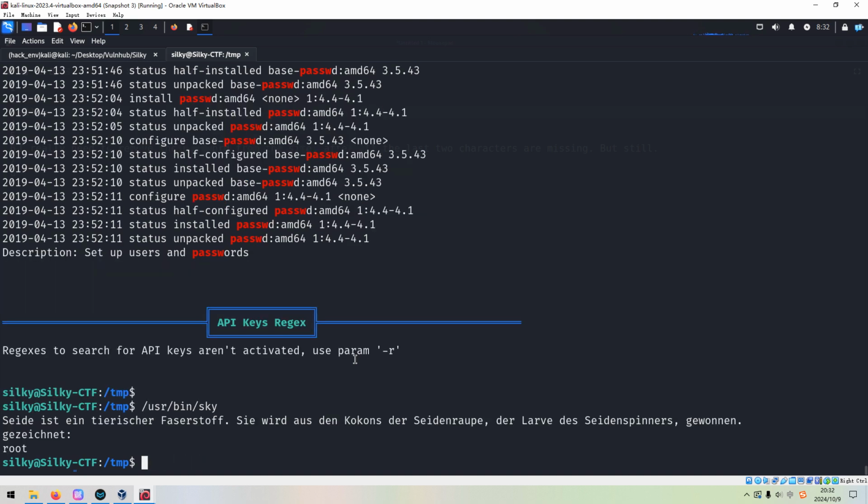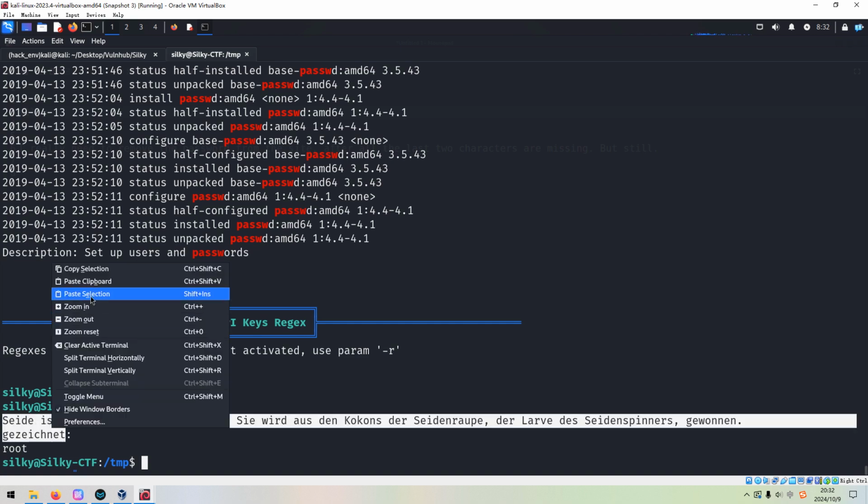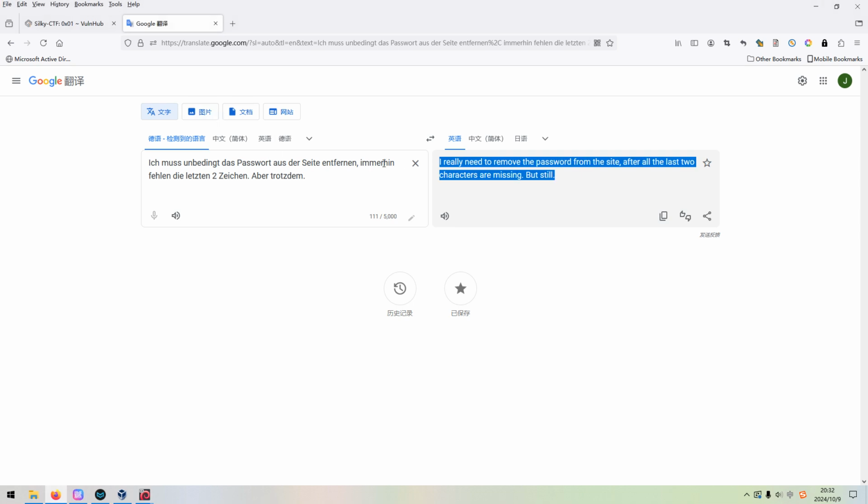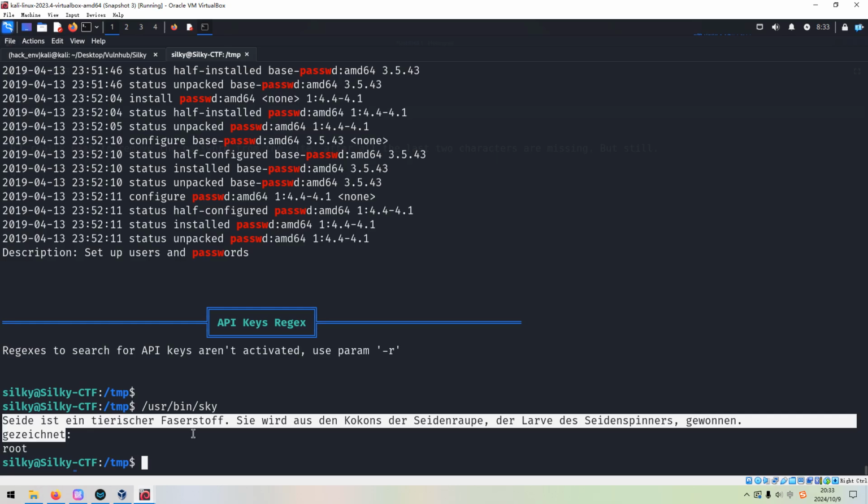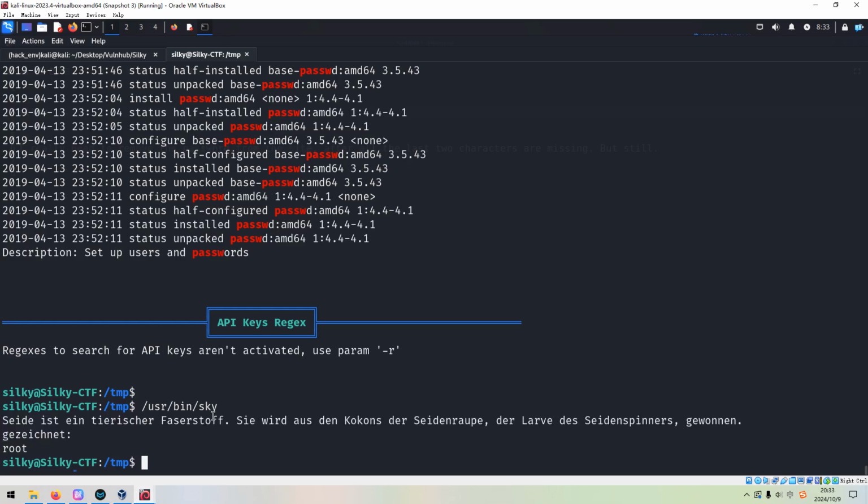Sky. And we can copy it because I cannot understand. We can translate this sentence. Silk is a blah blah blah. It's obtained from the cocoons of the silkworm. Useless. So I think because the sky binary has the SUID bit, next we need to manipulate this binary.